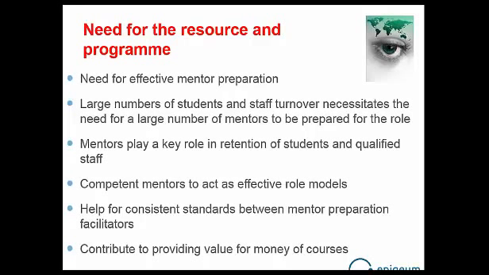So in summary, really, in terms of the need for the resource and the program, there is definitely a need for effective mentorship preparation programs. All HEIs are preparing lots of mentors every year, and that is ongoing. That need is there and is not going to go away. And there's a large number of students and staff